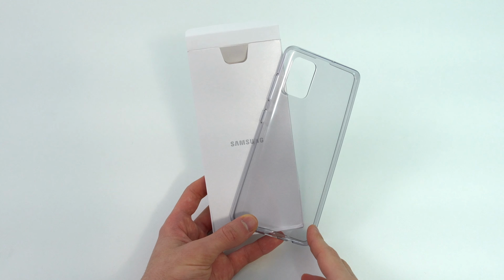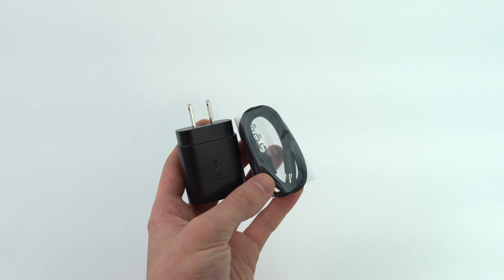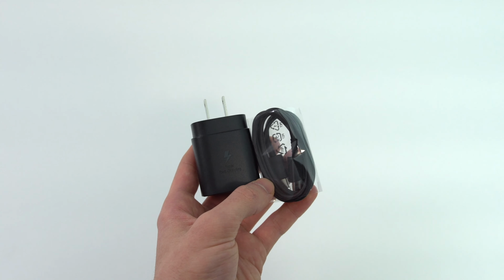We have a soft TPU case included, the charging brick, USB-C cable, earbuds, and even a pre-installed screen protector on my phone. I went into detail for the A71's accessory inclusions in my review of the phone and also previous comparison videos of the A71. Right now, I'm going to give you a brief rundown of the specifications for both before we get into